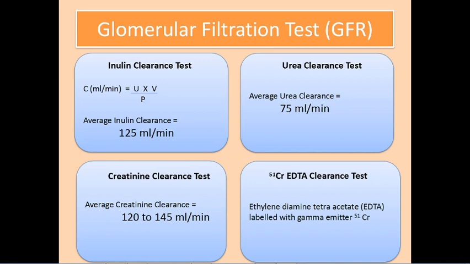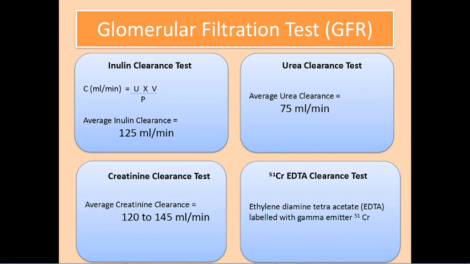The next method to assess the glomerular filtration rate is the urea clearance test. It estimates the renal efficiency in excreting NPN, non-protein nitrogenous substances. A low urea clearance indicates renal failure. Blood urea clearance is an expression of the number of ml of blood or plasma which are completely cleared of urea by the kidney per minute.